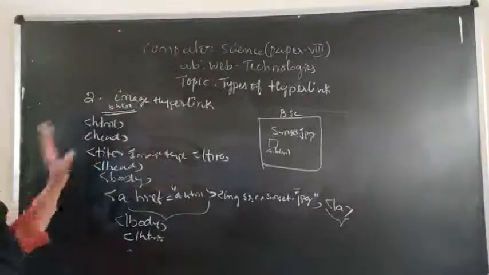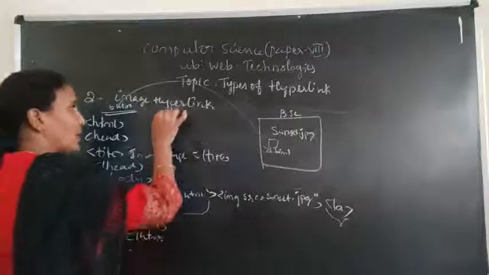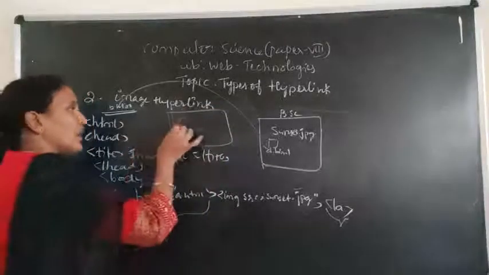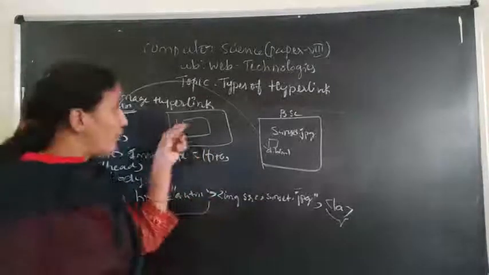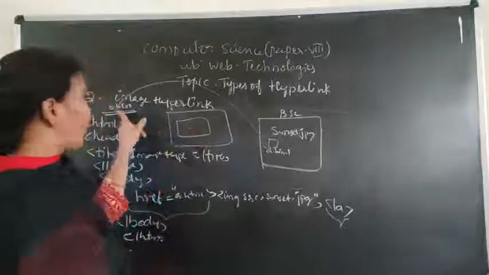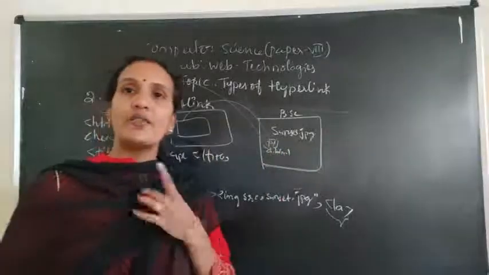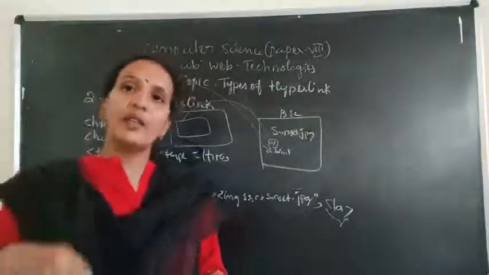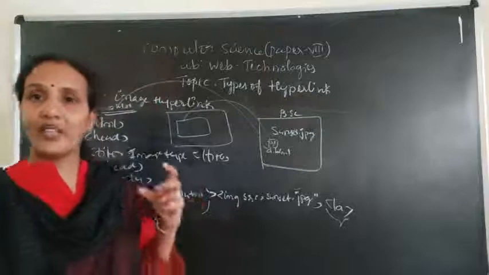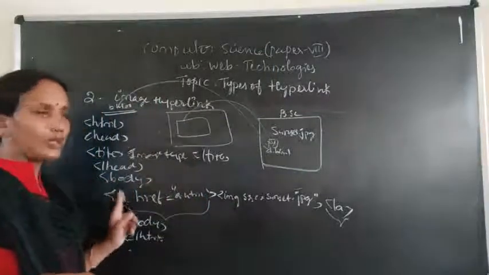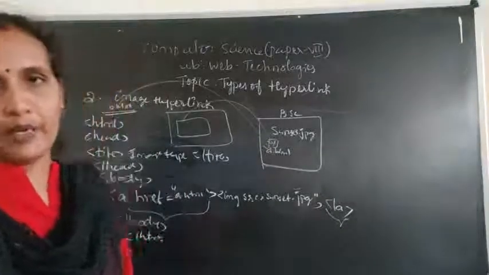So, presently we are in b.html. From b.html, I want to move to a.html. And when you execute this b.html, you will get a small image. What is the name of the image? Sunset.jpg. When you click on this image, you will move from b.html to a.html. So, a simple thing. Instead of giving hypertext, what are we giving here? We are giving an image. Instead of clicking on the text, where will the user click? On the image. When the user clicks on that image, the user will move from the current page to the target document. Okay. So, this is an image hyperlink.